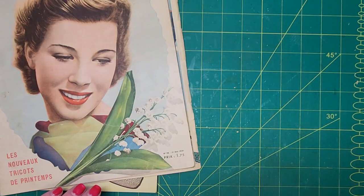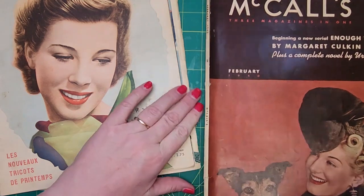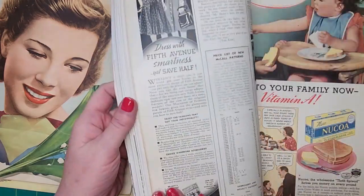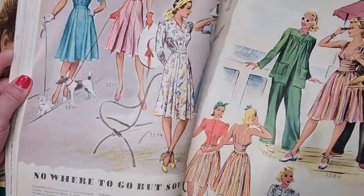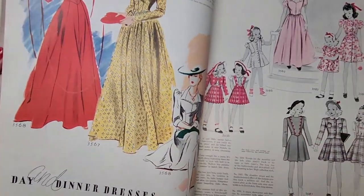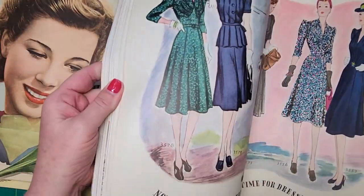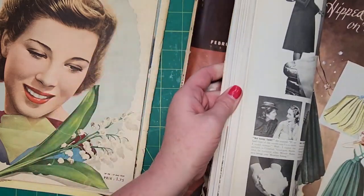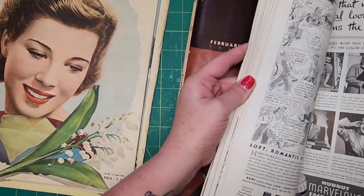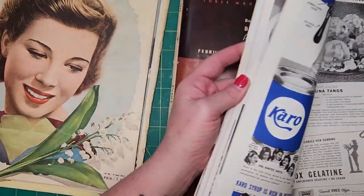I got one more vintage magazine. This one I think I paid for. This is 1940. And McCall's always has lots of fashion. And then